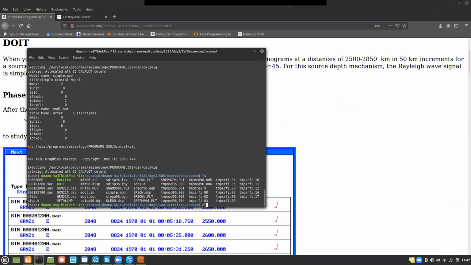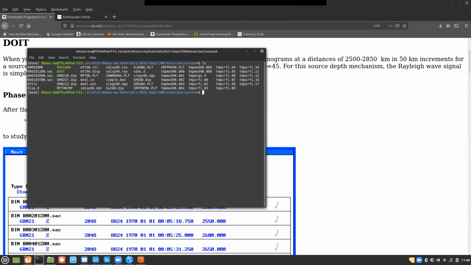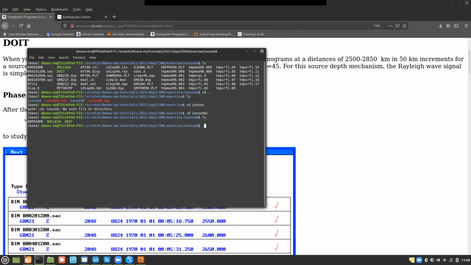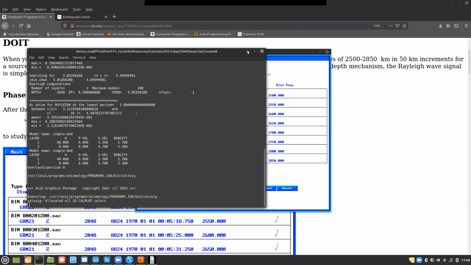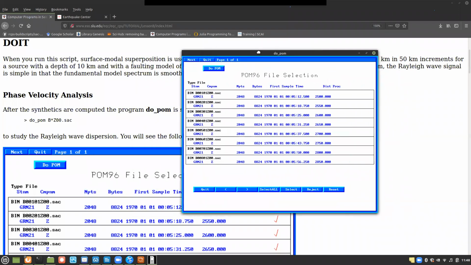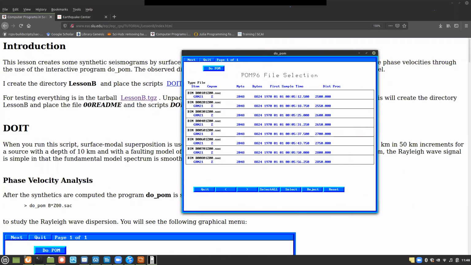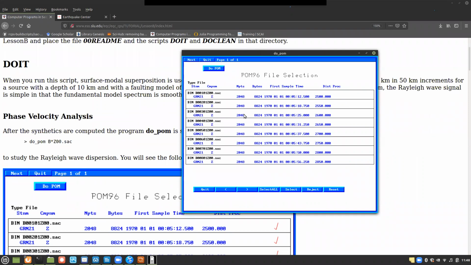Okay, and then there are some outputs. You can also investigate these outputs and everything. So lesson B, oh, sorry. You just run it because it's already compiled. Okay. So in this case, it generates some earthquakes and